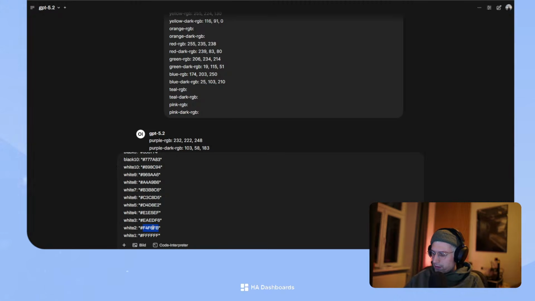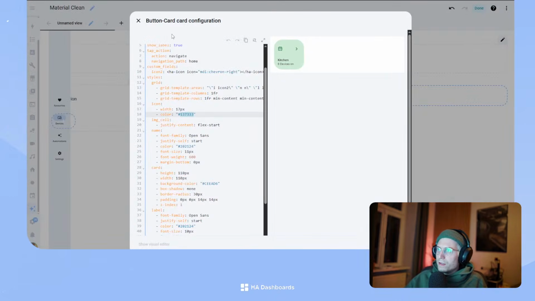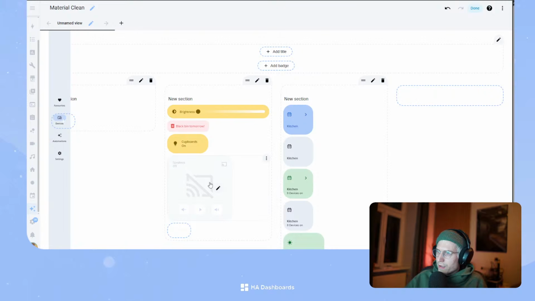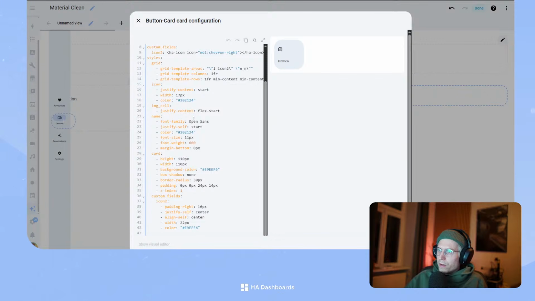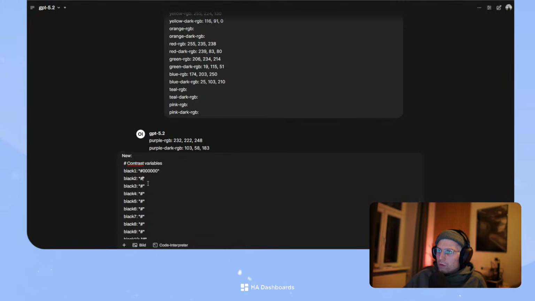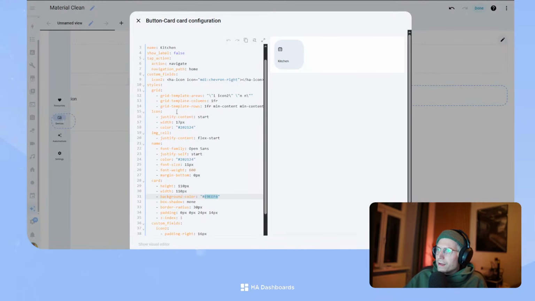And then what we do is we take all of these out, and then we will put the ones that we have already. So here's the gray background. This is kind of what we want. So this one is like contrast 2. So white 2 is this. And then I think this one here is like,